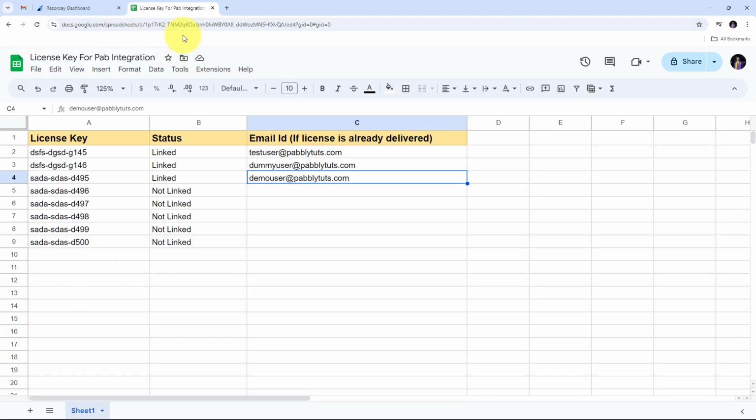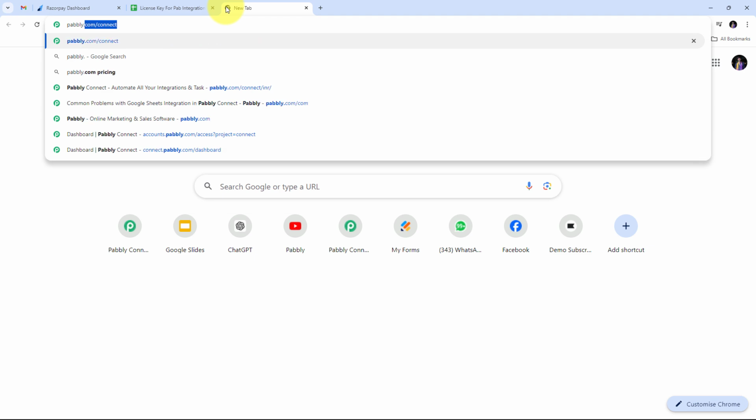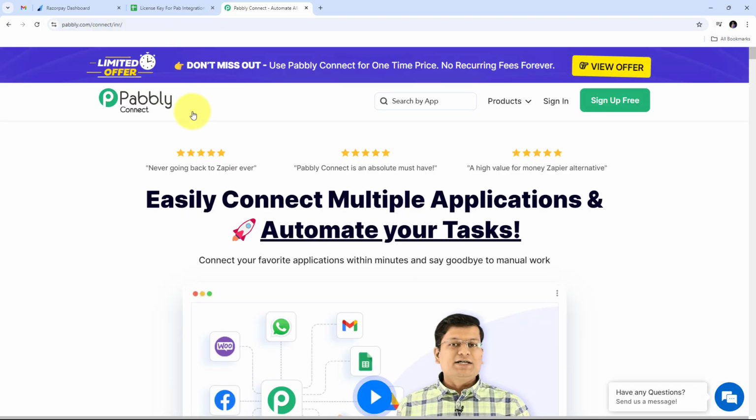So for using Pabbly Connect, I need to open a new tab and search for pabbly.com/connect in my browser, and this will take us to this landing page of Pabbly Connect. Now here in the landing page, I have these two options of sign in and sign up for free. If we don't have any account with Pabbly Connect, then we can just click on this sign up for free button, and this will take only 2 minutes of our time, and we will get 100 tasks free every month. Or if we already have an account, we can just sign in